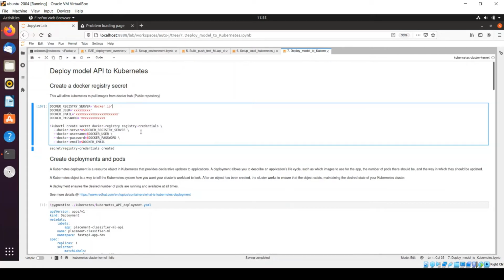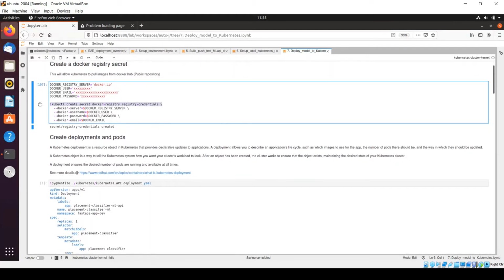I have already created one secret called registry credentials, based on my Docker profile.